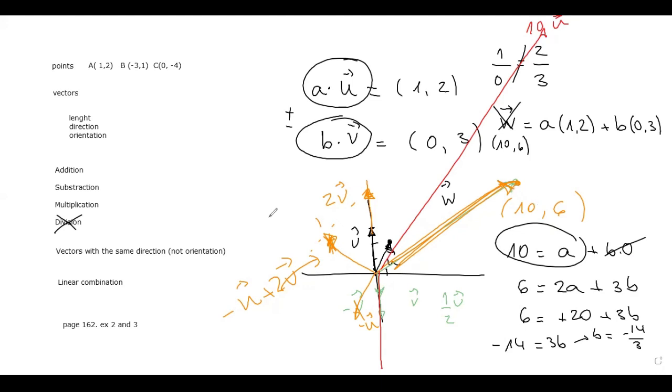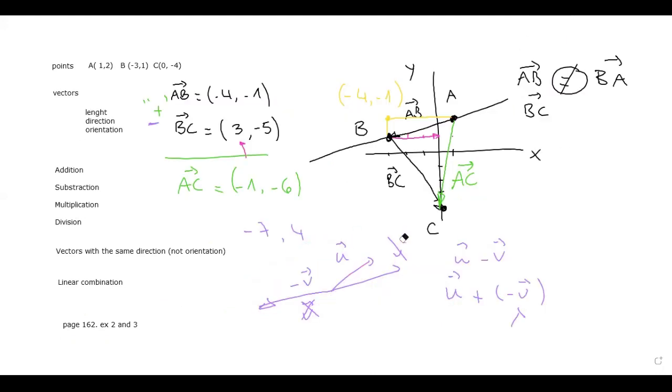Okay, so for vectors with the same direction, we just compare the components, and for a linear combination, what we have to do is find the numbers that will make that combination possible. Now what I want you to do is exercises 2 and 3 on page 162, which are related to this. Really, I mean, I can multiply vectors, but in this school year,